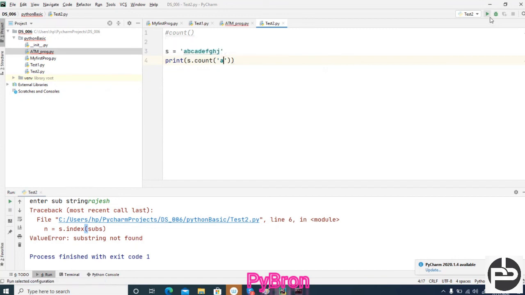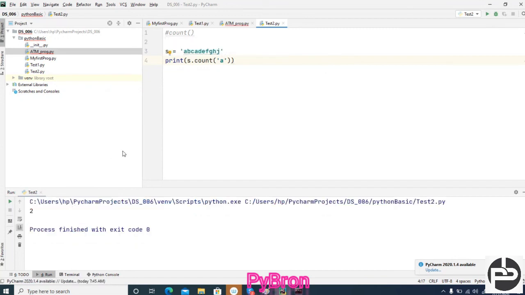Can you please tell me? It returns how many times A came here, which is 2. Suppose I pass AB. How many times is AB coming? AB is coming only once, right? So that's what it is returning. And let's suppose I'm passing ABG. How many times is ABG coming? Zero times.